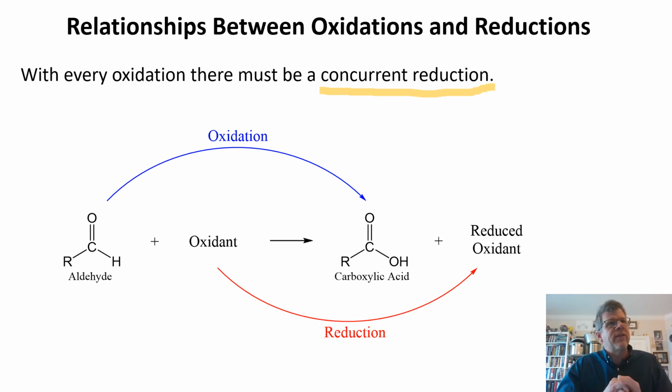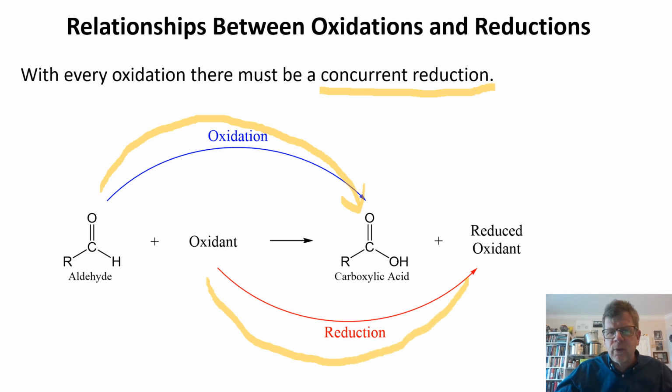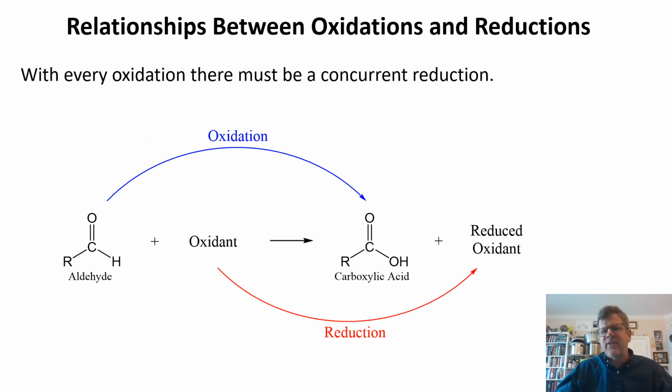We just use it for its practical utility, the fact that it likes to reduce. In fact, its impetus to reduce is so great that it actually pushes the oxidation along that we're actually concerned with. This aldehyde to this carboxylic acid is the purpose of this reaction. This oxidant traveling to a reduced oxidant is merely ancillary. It doesn't matter to the reaction. We are using it as a